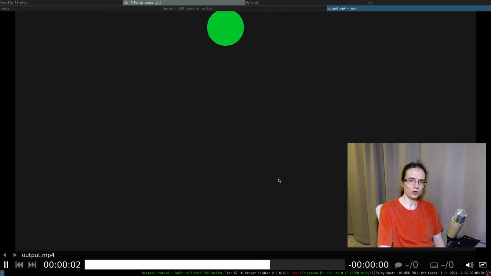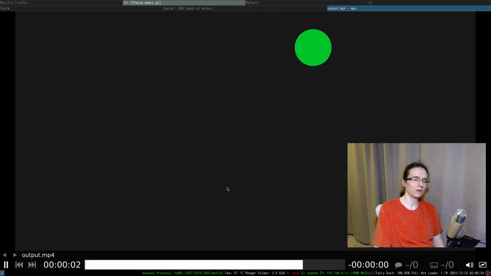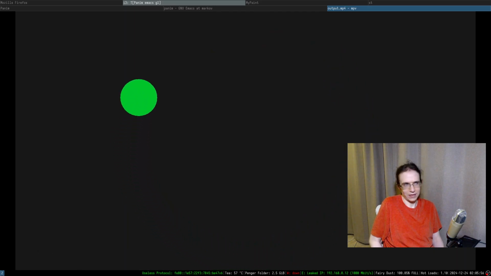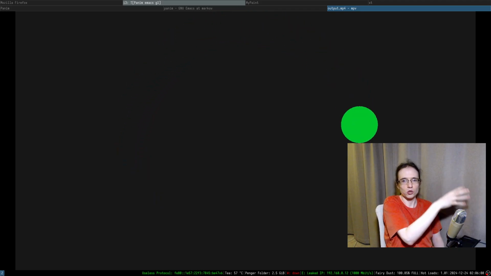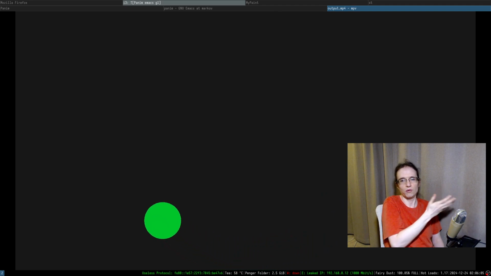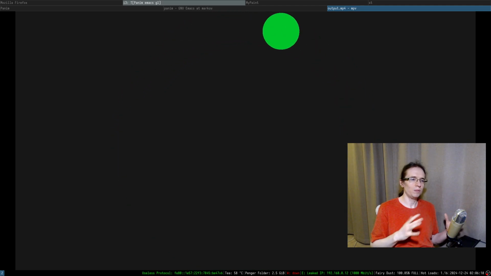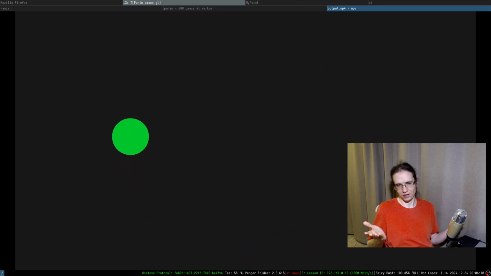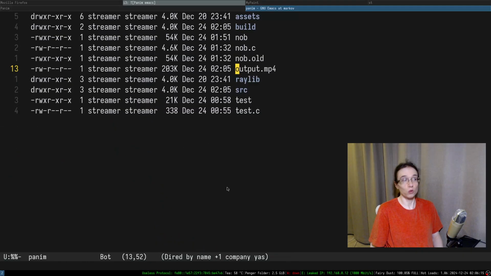Right, so I intentionally made it loop, and as you can see, it's looping, and it's actual video, so it's MP4, right? So this is basically Panim, right? It allows you to write these plugins that allow you to make procedural animations like that, and then it can render it to MP4 files and stuff like that. So I created this system in case in the future I want to make, you know, visualized videos and stuff like that. And I can show you my coolest animation that I made with Panim, right, if you're